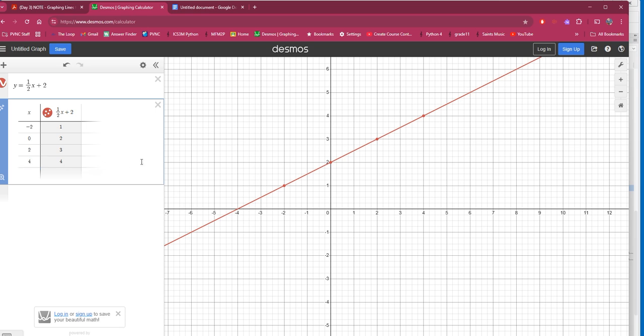And Desmos has automatically and very conveniently calculated these for us. Over here on the graph, the points for (-2, 1), (0, 2), (2, 3), and (4, 4)